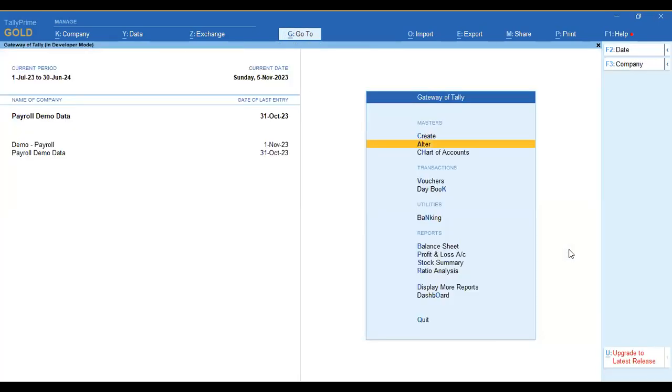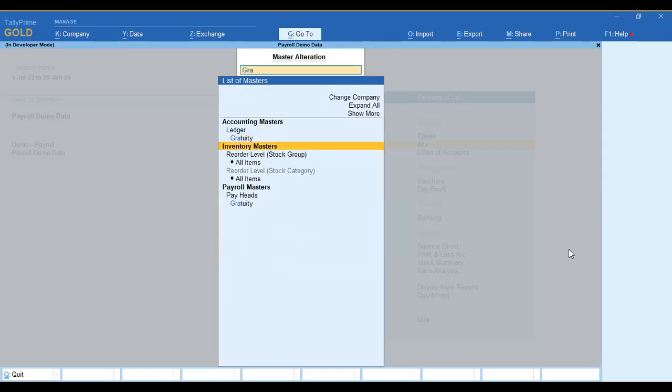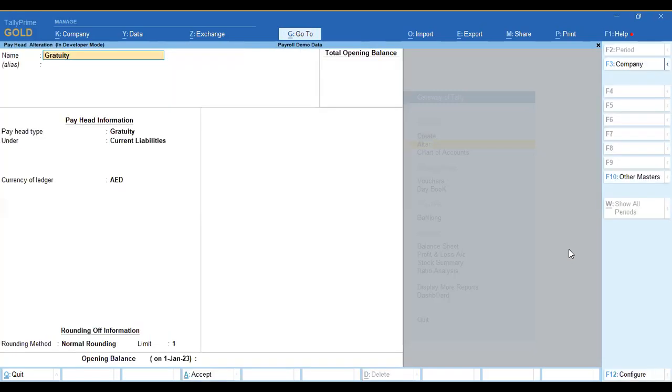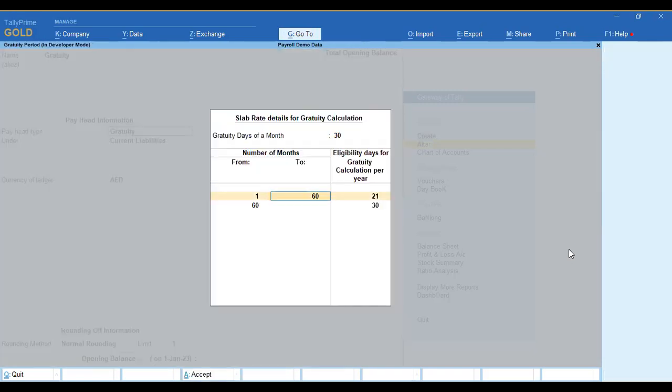See, we have already designed one gratuity to show you. On a 30-day month, we have calculated 1 to 60 months. That is, for the first 5 years, the eligibility days for gratuity is 21. After 5 years, the eligibility for gratuity is 30 days per year. And